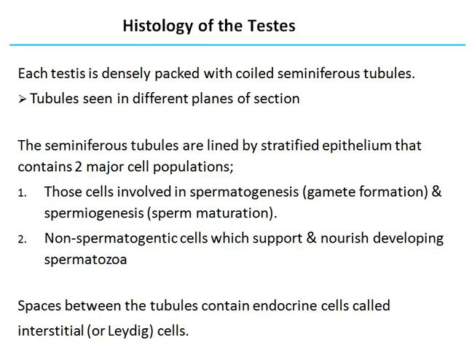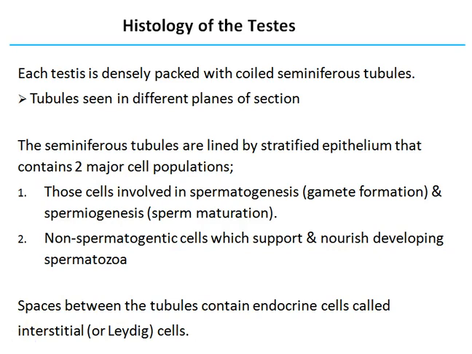The tubes are lined by an epithelial cell type, and it has a couple of different major populations of cells within it. Those involved in forming the gametes, that is, those involved in spermatogenesis, that's the formation of the gametes, or the maturation of the gametes, that's a process we call spermiogenesis. The other major population are the supporting cells. These don't make sperm, but they support the cells that do. There are also cells that exist between the seminiferous tubules called interstitial cells, and within those is a population of cells called Leydig cells that make testosterone that's important for the sperm